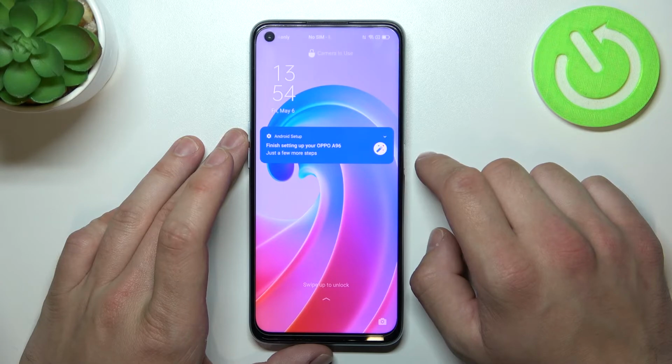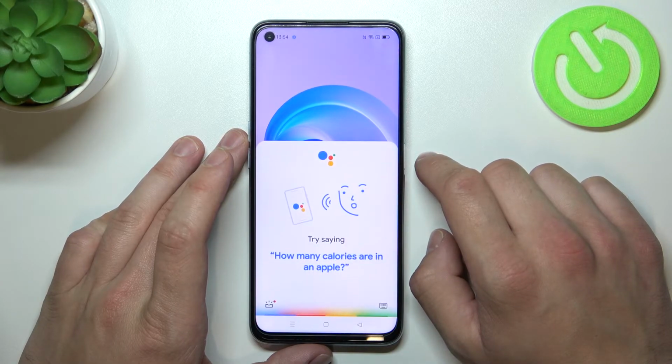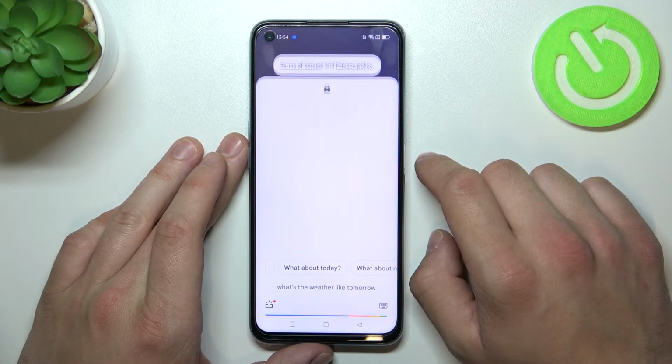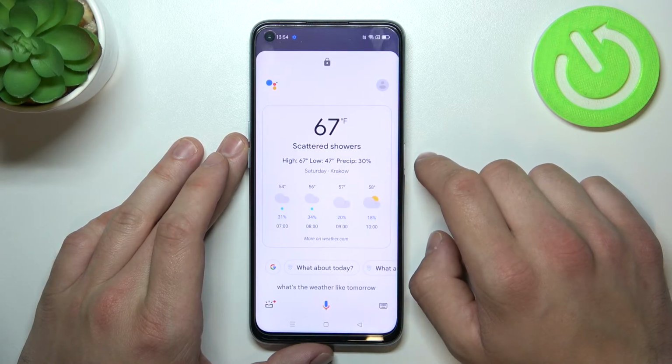OK Google, what's the weather like tomorrow? There'll be scattered showers with a high of 67 and a low of